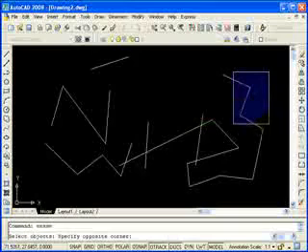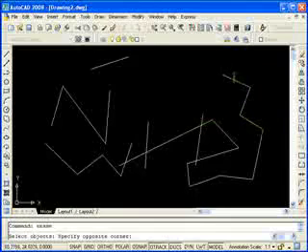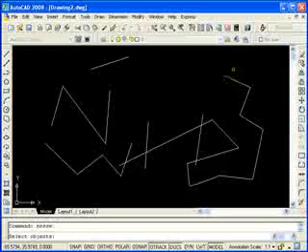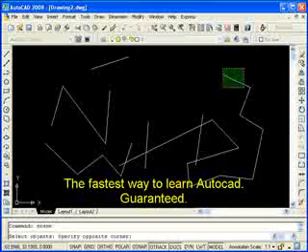If I pull to the right, it's a window. What that means is anything within the box is going to be selected. Now, we're going to get into these windows a little bit later when we're selecting things, but just so you know, that's what's happening. So if I accidentally start my erase command and accidentally pick outside,